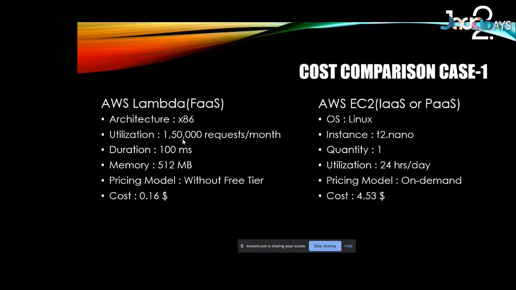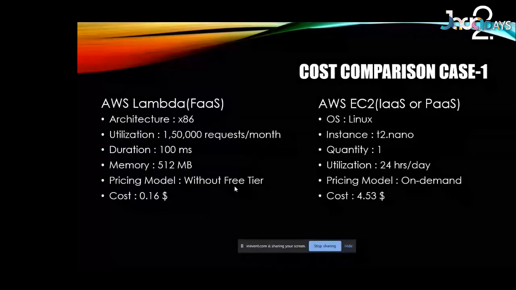If you see the cost, it is just going to be $0.16. That's it. And that too I'm considering without taking the free tier into consideration, because the free tier says that I will be allowing you 10 million requests per month free of cost. So AWS Lambda, the serverless offering of AWS, gives us 10 million requests free of cost. So now that we have started using cloud for all the applications, why should we not use AWS Lambda, the serverless offering? And there comes the importance of serverless.